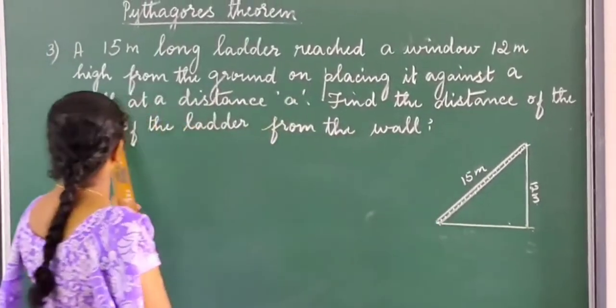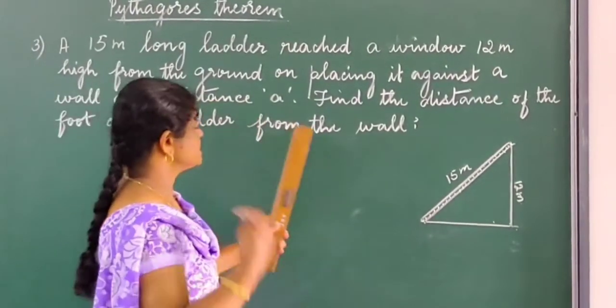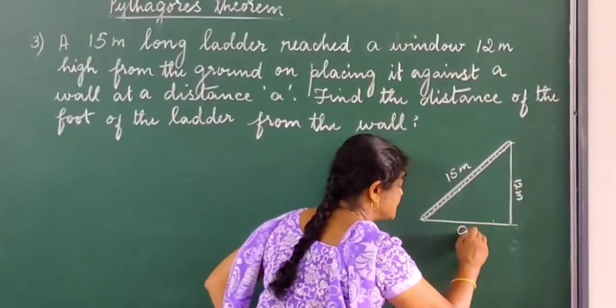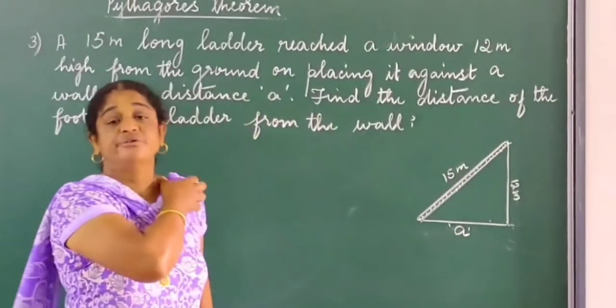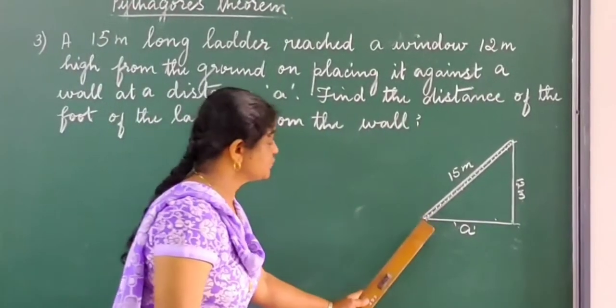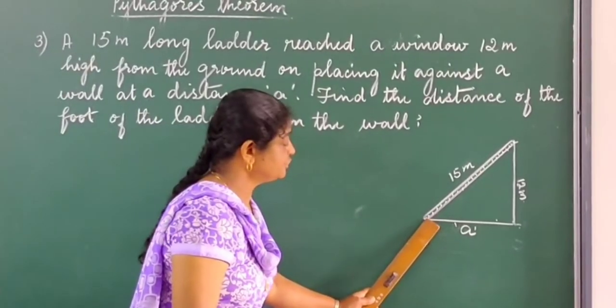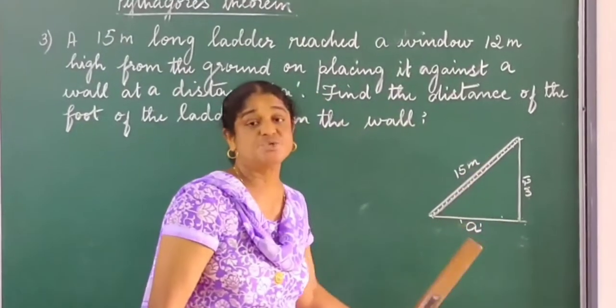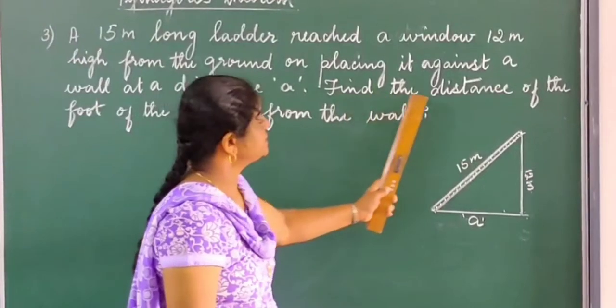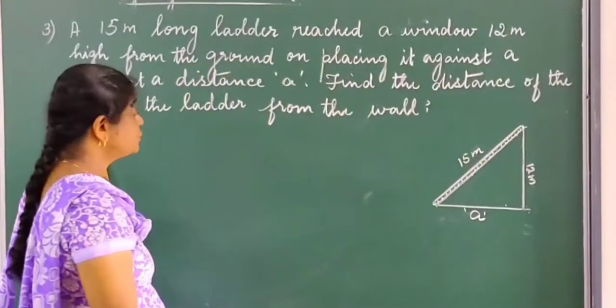So they are saying at a distance of A. This is A, which you have to find out. What is the distance from the foot of the ladder to the wall? This you have to find out. Find the distance of the foot of the ladder